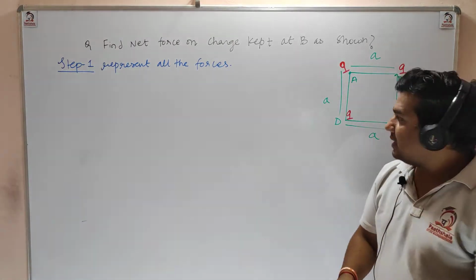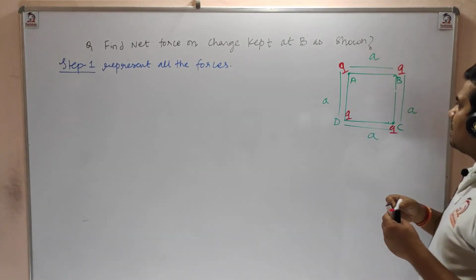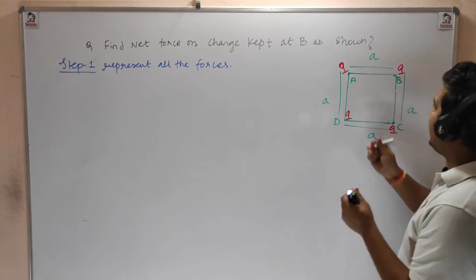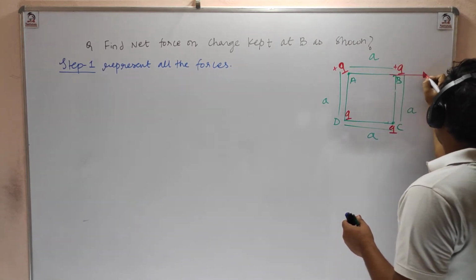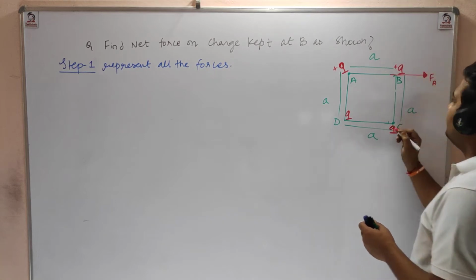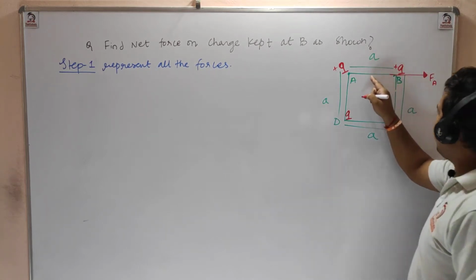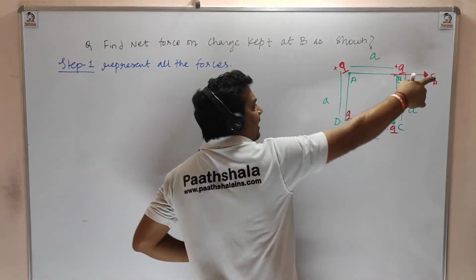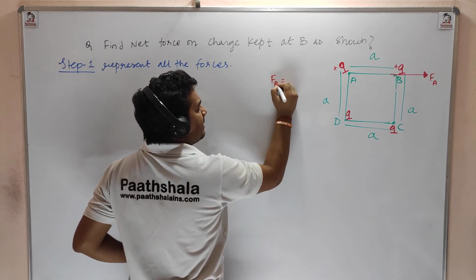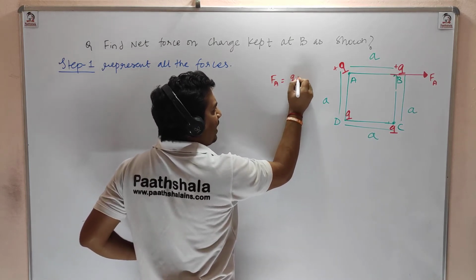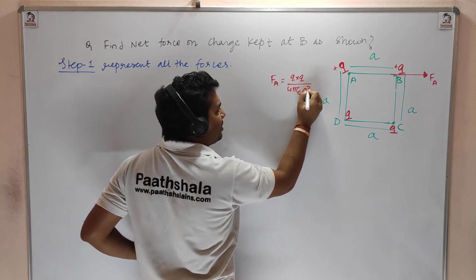See, there is a force on this charge due to this Q. This force will be repulsive in nature because both the charges are positive. So suppose this is Fa. The charge placed at A will apply a force on Q placed at B in this direction, repulsive. Agree? And the value of Fa can be written as Q1 into Q2 divided by 4 pi epsilon naught times the square of the distance.